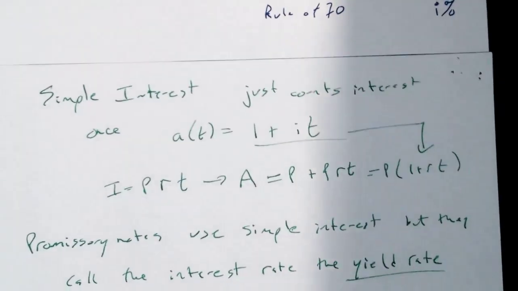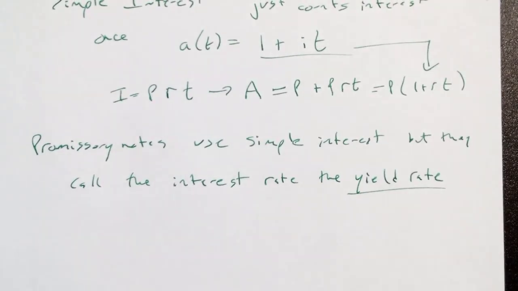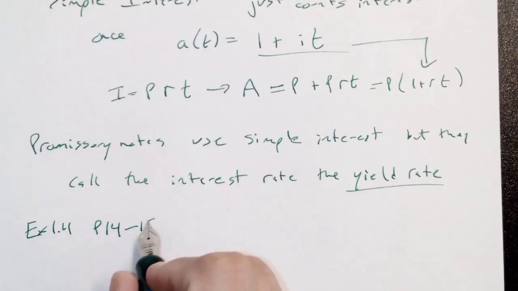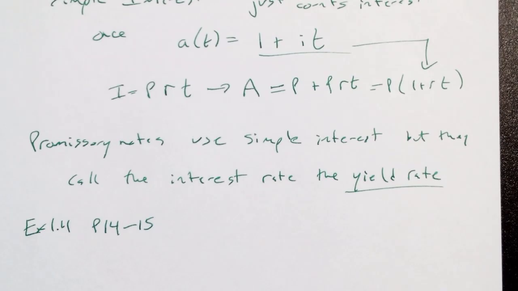This makes me a little crazy because the word yield is going to have several different meanings depending on which situation we're in. And that means we have to be careful whether we're talking about yield rate for a promissory note, which is simple interest, or the gross yield rate for other financial instruments, which goes back to our effective annual rate. There's an example in the text, example 1.4, between pages 14 and 15, that goes through a promissory note being